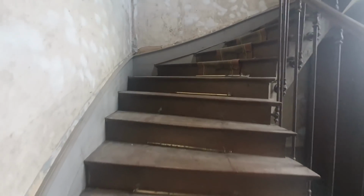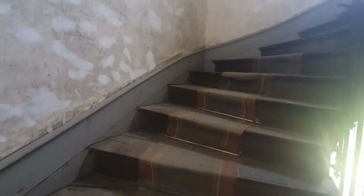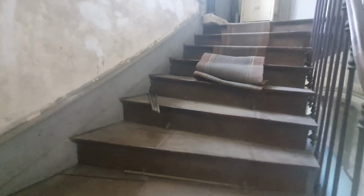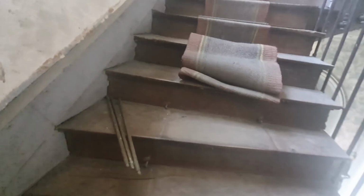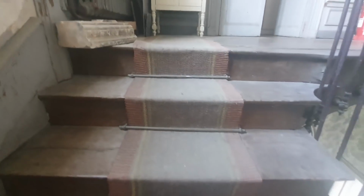So on some of the staircases we've still got this old runner which needs to be pulled up as it's not safe and the mother's coming. She's quite old, don't want her tripping over on it. So this bit I've started taking up. You can see the old brass stair rods. I'll show you how I've been cleaning those later. It's quite disgusting. So it's taking them out